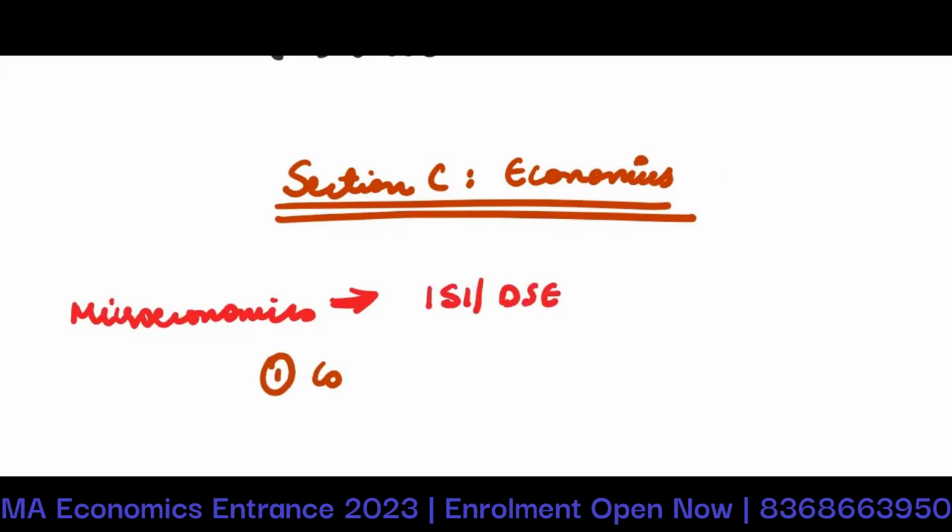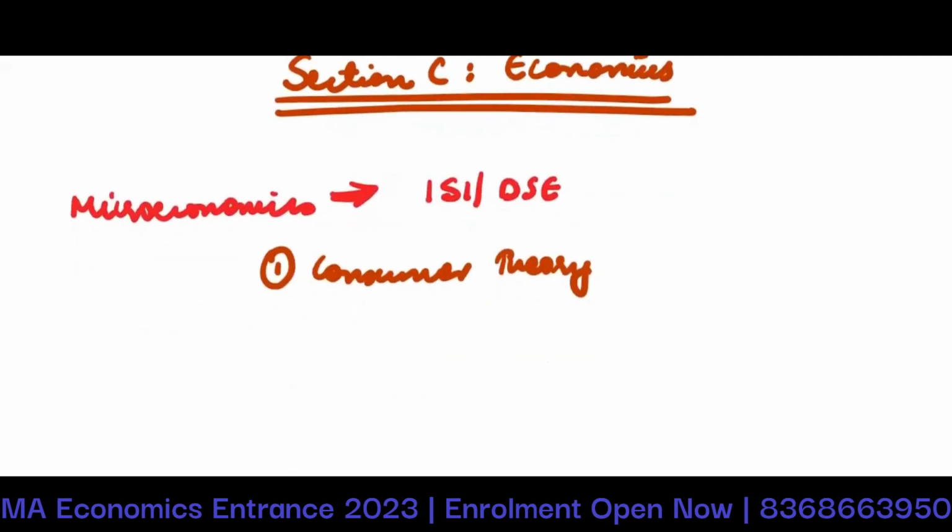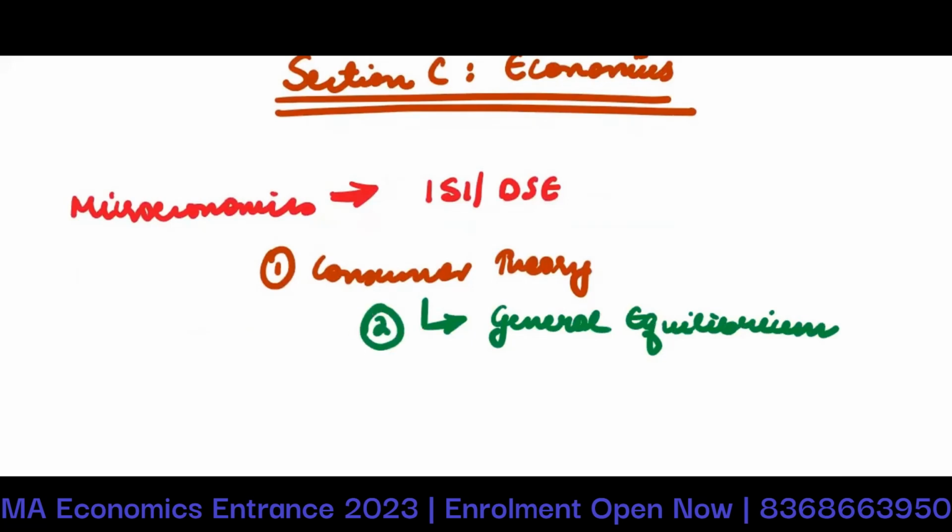Of course, consumer theory. Especially, you know, DSC people, ISI people, Ashoka people, they love general equilibrium. So it's a separate topic connecting consumer and producer also. So general equilibrium becomes very important. Then you have